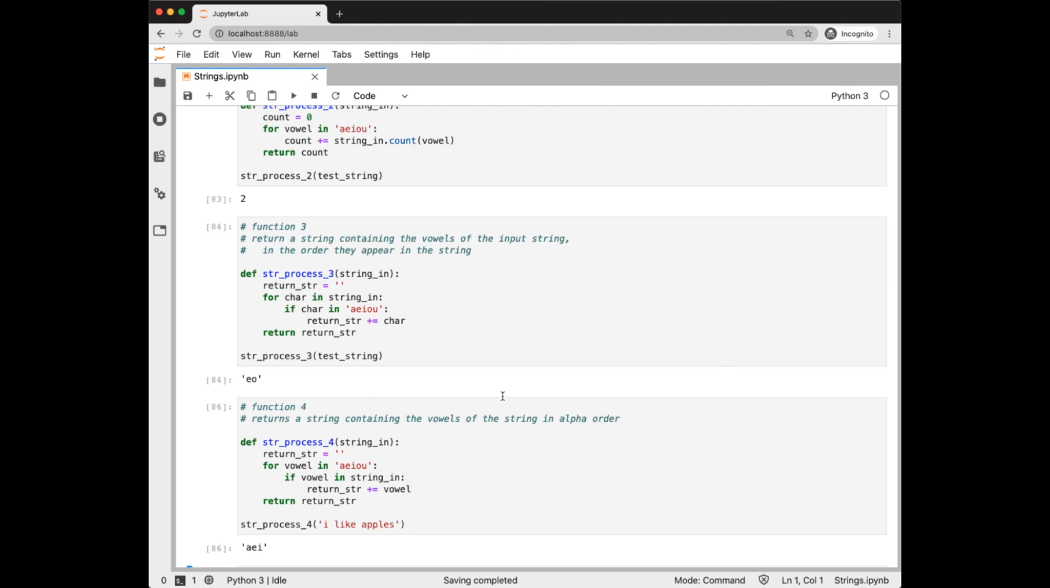Finally, function 4 is going to return a string containing the vowels of the string in alphabetical order. So again, I start with an empty string. I'm going to iterate over the vowels this time instead of the characters in the string. And if that vowel is in the string, we concatenate it to our return string. So I tested it on this string, I like apples, which we see does have an A, an E, and